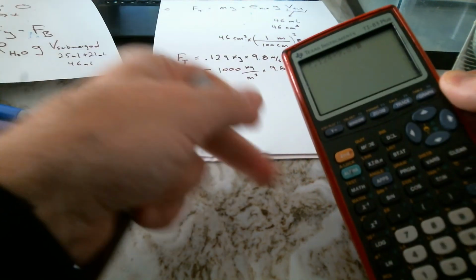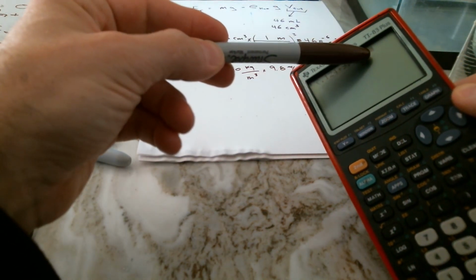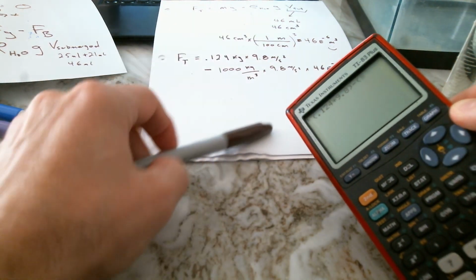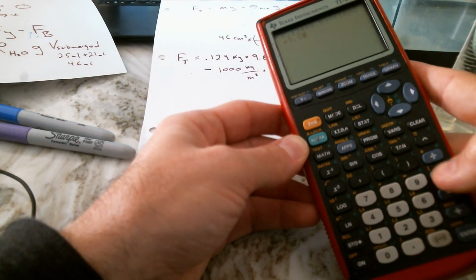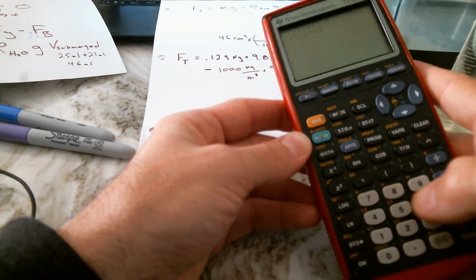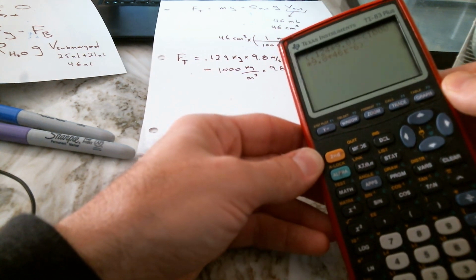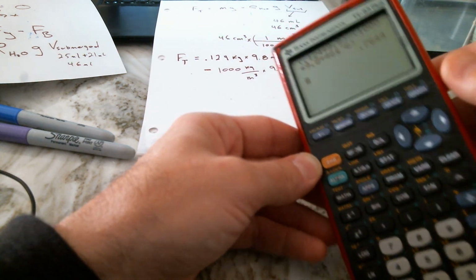The next thing I'm going to do is push the minus button, open another parenthesis, which again, you really don't need to, but I'm going to then subtract this quantity, 1,000 times 9.8 times 46e negative 6. Boom, and close the parentheses. All right, do the math all at once. Bang. 0.7644